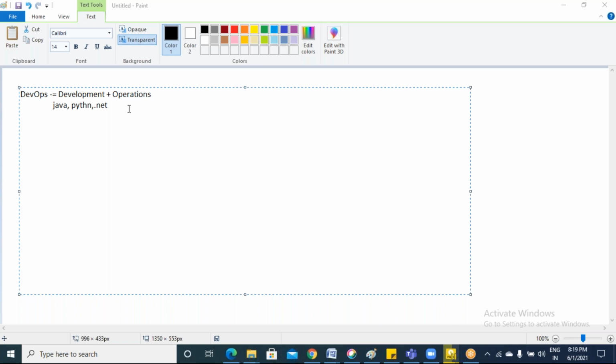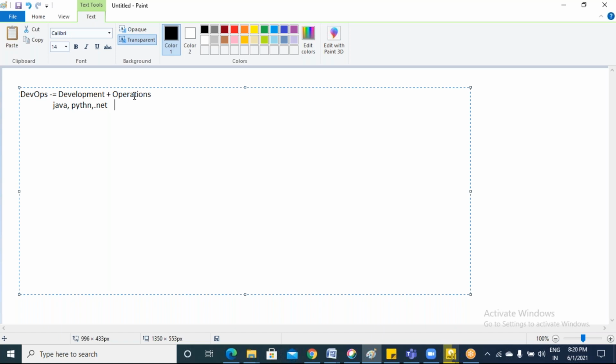When it comes to the DevOps part, DevOps is nothing but the development plus operations team. The function will be done with development and operations. The development teams will be Java, Python, and other development teams, which we don't touch. Our work comes to the operations part. Whatever code the developers write, we will be operating that code.